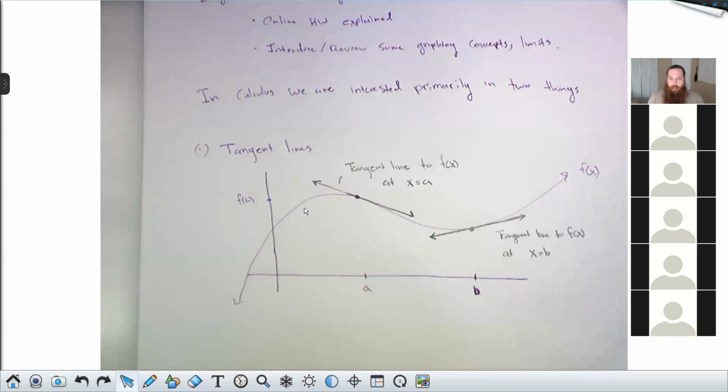There are the application problems that I mentioned a minute ago, like finding the velocity given the position function. But there's also a lot of other cool things you can do with this purely in terms of mathematics. This can help you estimate outputs from the function. One of the definitions of the tangent line is the linear function, these straight lines that best approximate that function f of x near the point a or near the point b.